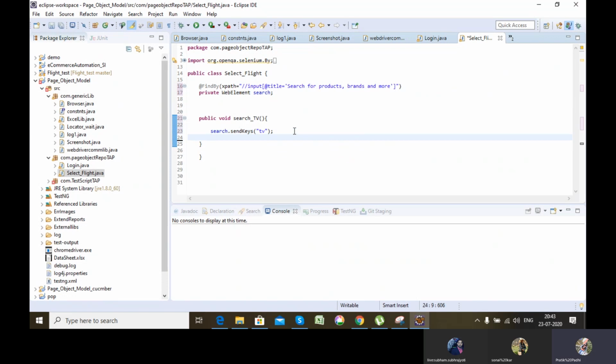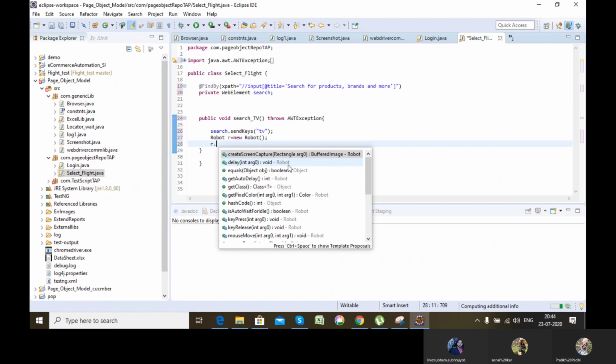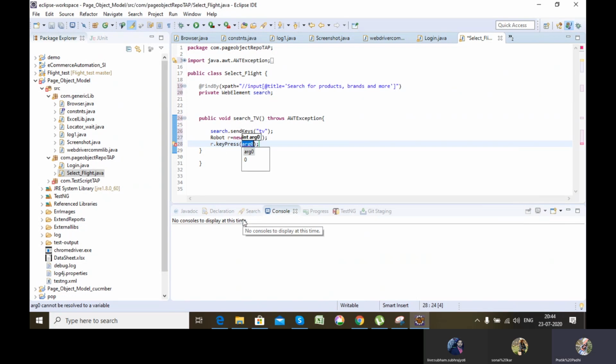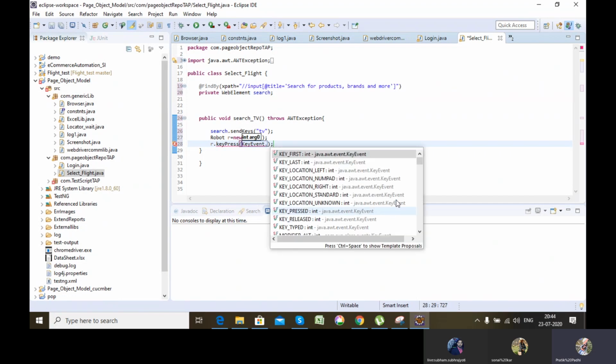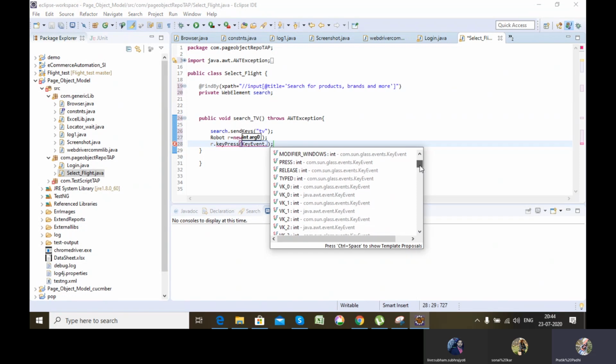Okay, so once I search, we have read how to handle keyboard operations in actions and the Robot class.